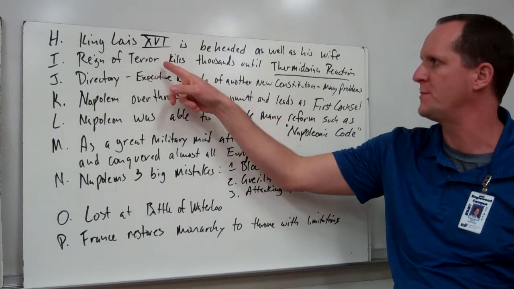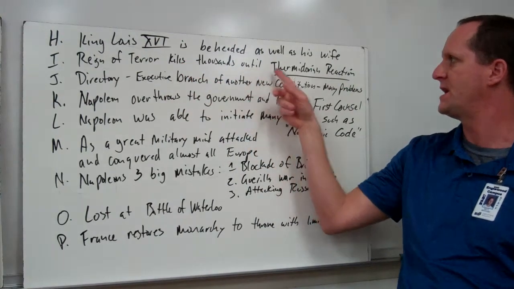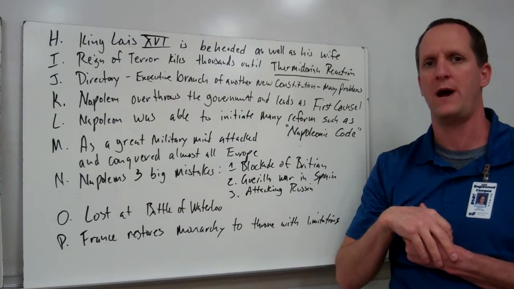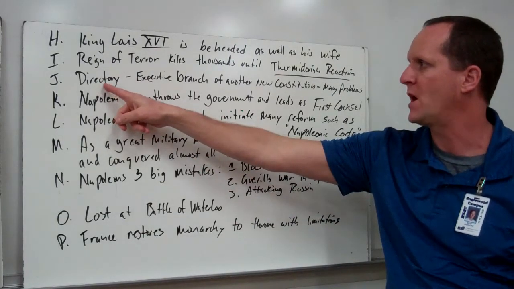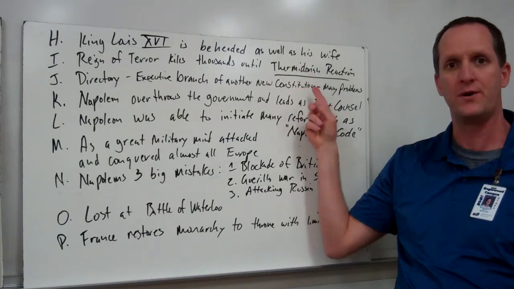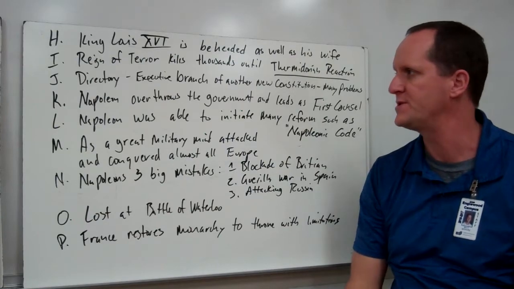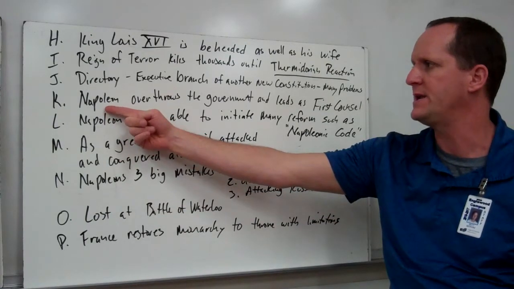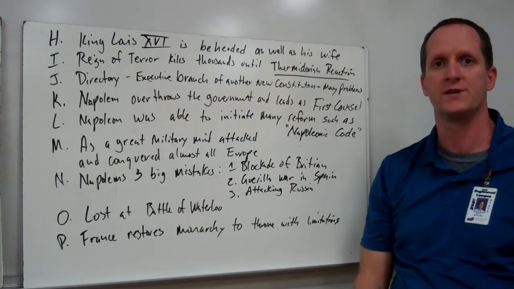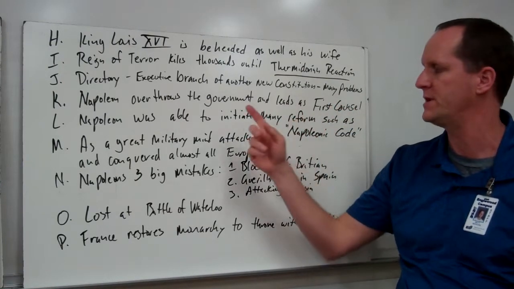During this Reign of Terror, where Robespierre is in charge of the Committee of Public Safety, there's not much safety there. He kills thousands until the Thermidorian reaction. The Thermidorian reaction is when they finally took Robespierre out of power. At that point, a directory, an executive branch of the government, is written into another new constitution. I think this is their third or fourth new constitution. But it has many problems. The directory has many problems, financial problems. And finally, in about 1799, Napoleon overthrows the government and leads as first consul, which means dictator, not first consul anything. He's a military dictator.